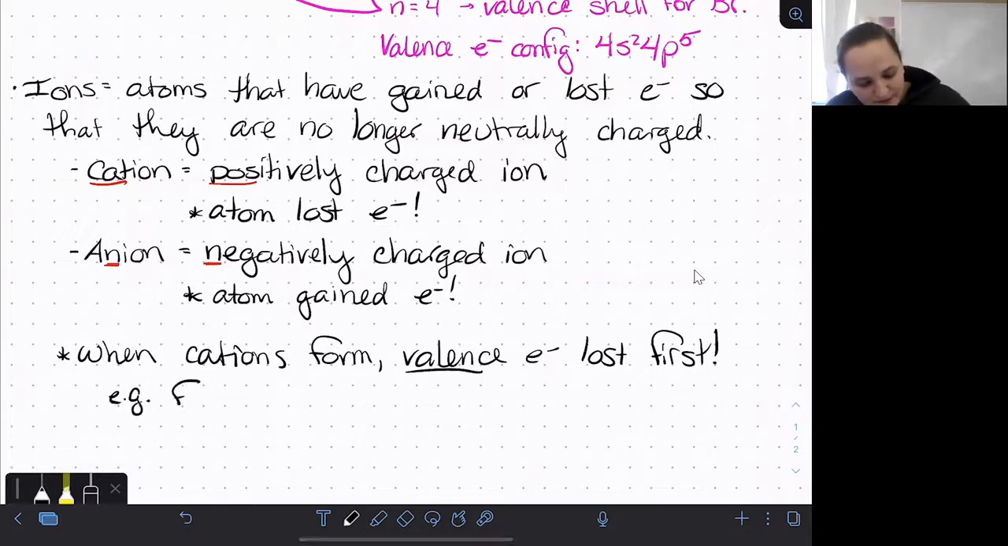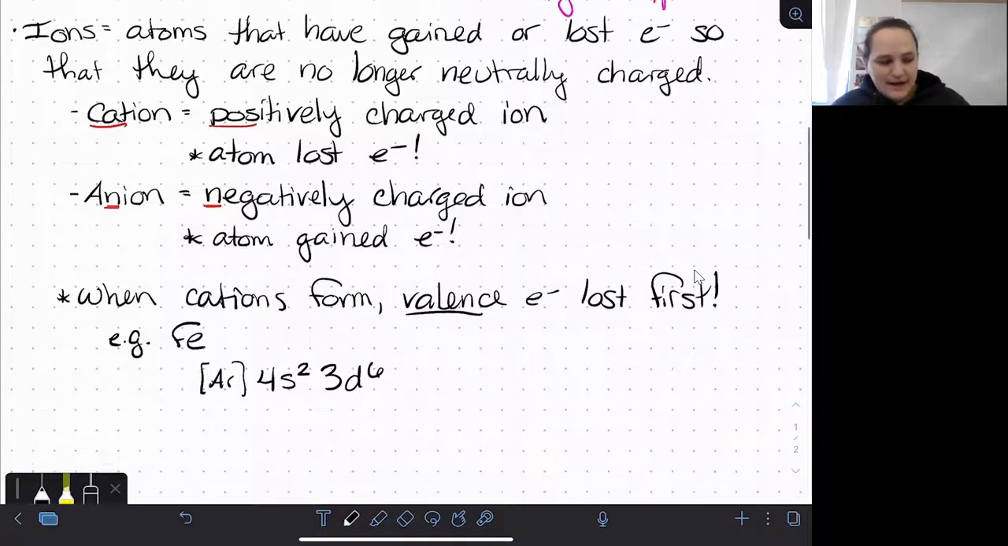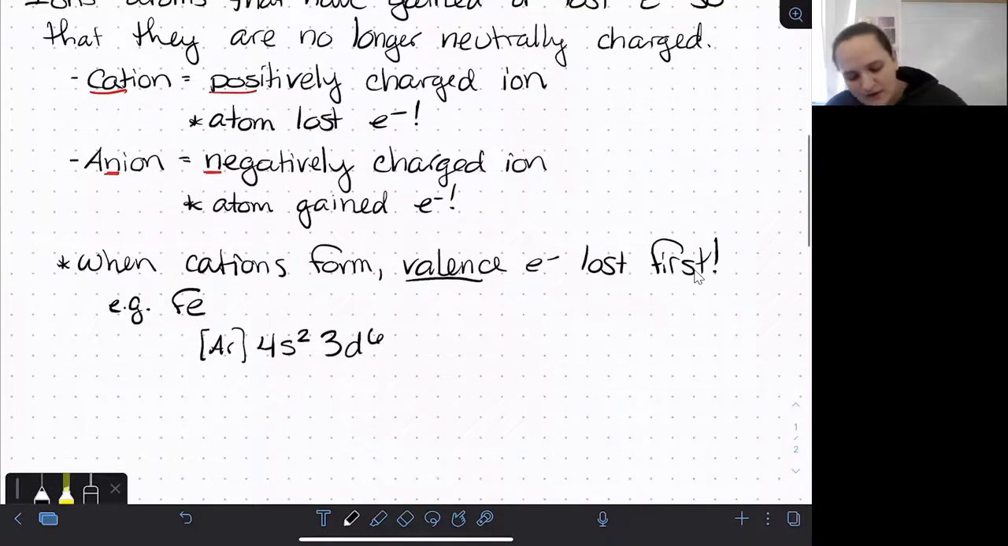like iron, if we write the electron configuration for iron, we will find that it is similar to argon plus 4s2 3d6. So this is for a neutral atom of iron. It has a total of 26 electrons arranged in this way. If we now write